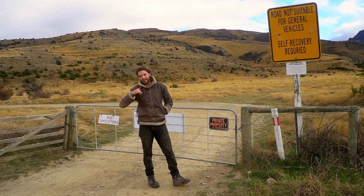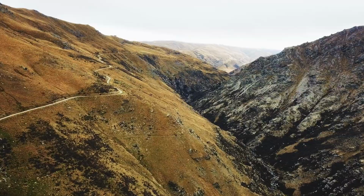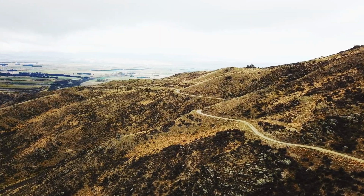We are out here again attempting the Thomson Gorge Trail. Heads on up here behind me, up through the gorge of course. It's going to be an awesome day out. We've got some blue skies, some moody weather, some gold mining history, some awesome trails, and of course we're joined